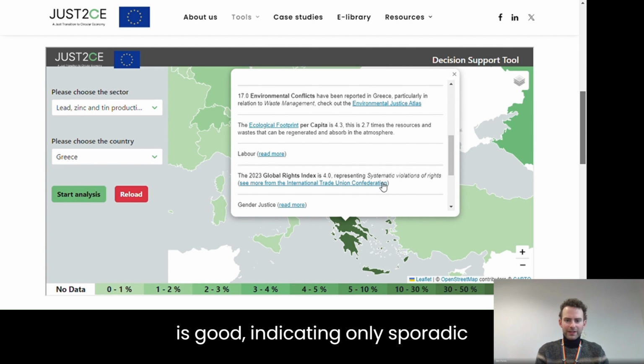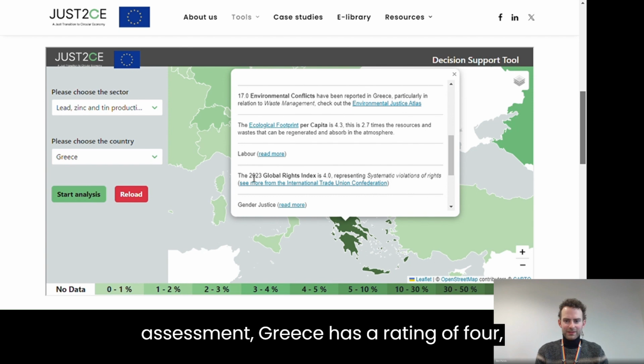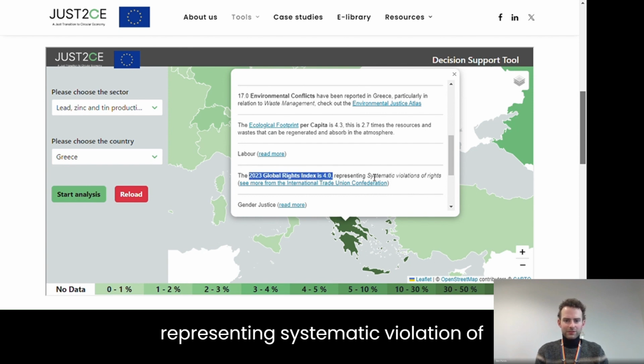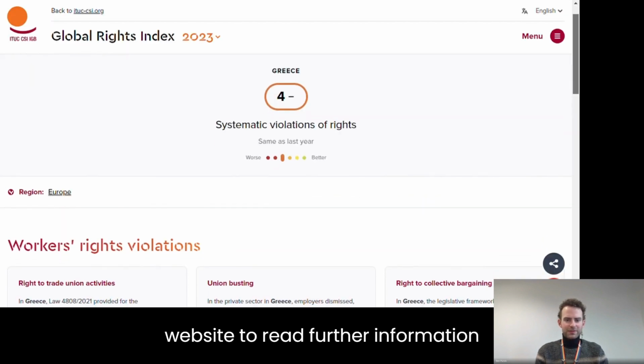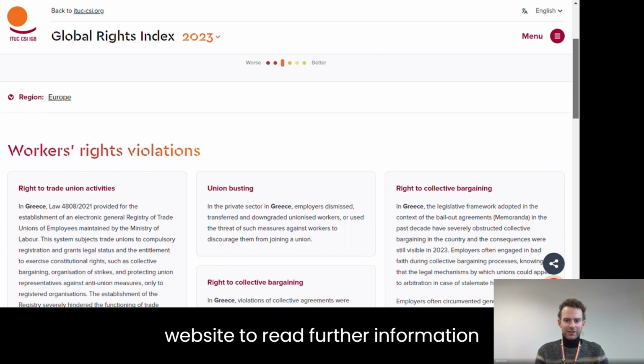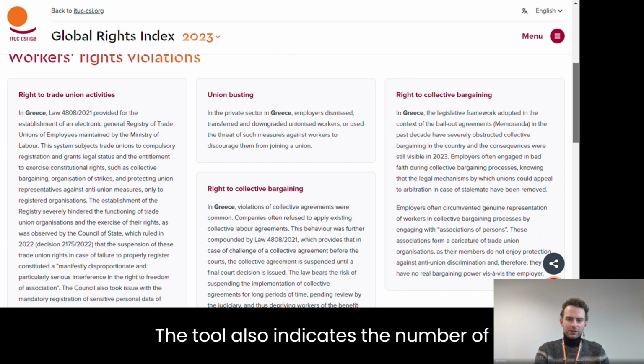A score of 1 is good, indicating only sporadic violation of rights, whereas a score of 5 indicates no guarantee of rights. As we can see, according to the 2023 assessment, Greece has a rating of 4, representing systematic violation of rights. The user can click through to the Global Rights Index website to read further information and explore other cases. The tool also indicates the number